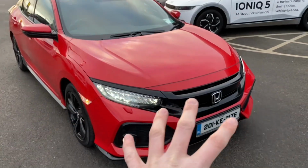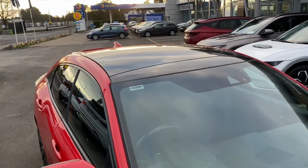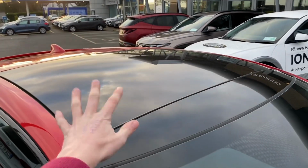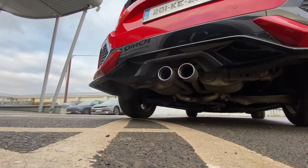But because this car is all black all the way around, the black kind of makes sense up there, and in this case it's not visual, it just happens to be like that. And then obviously that's a panoramic roof. We'll see when we get inside the car. Just for anyone that's worried or curious even about the exhaust note on the car,